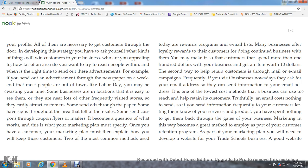Once you have the customer, your marketing plan must explain how you will keep the customers. Two of the most common methods used today are rewards programs and email lists. Many businesses offer loyalty rewards to their customers for continued business with them. You make it so that customers who spend more than $100 with your business get an item worth $10. The second way to help retain customers